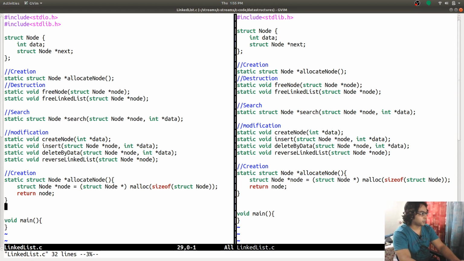So there it is, allocate node, and allocation is done. Struct node star malloc size of struct node. I need to cast this to a node pointer to use it as a node pointer in the rest of the code.